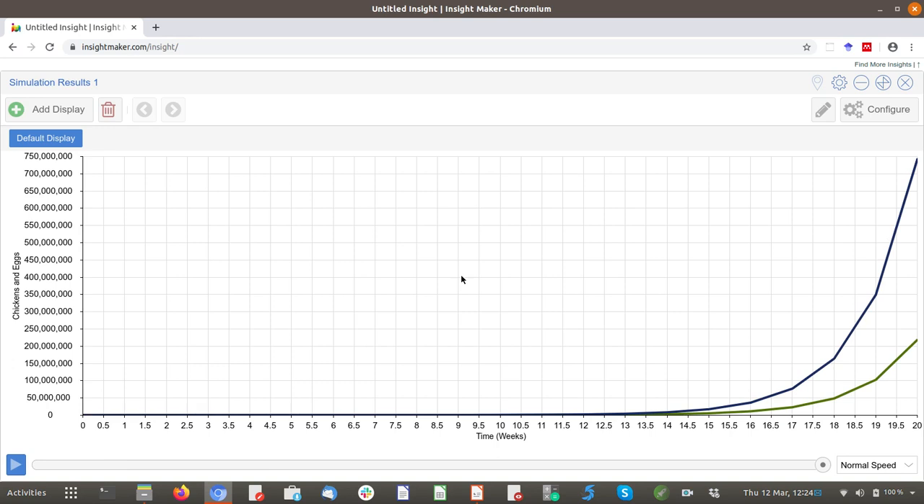Because what we're seeing is huge increases over time in the chicken and egg population. The blue line here represents the number of eggs, and the green line represents our number of chickens. And we can see there are huge increases over time. It looks as though not much is happening over here, but that's because the graph is automatically scaled to the highest value that it will reach within our time. So over the course of 20 weeks,